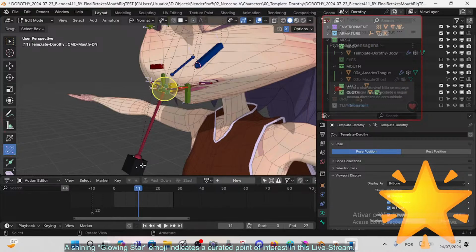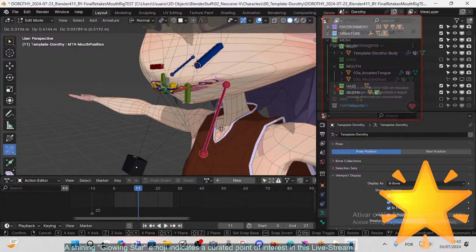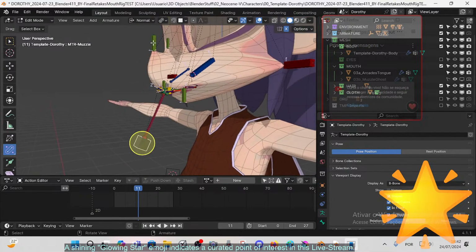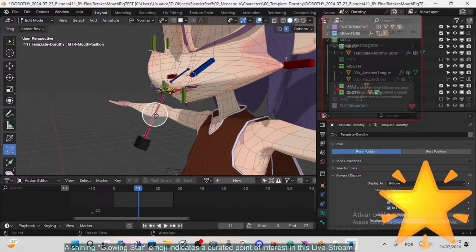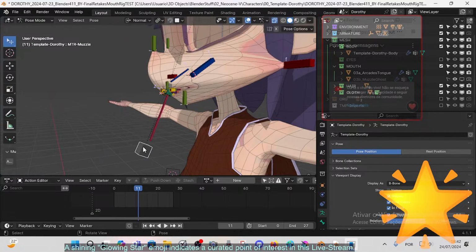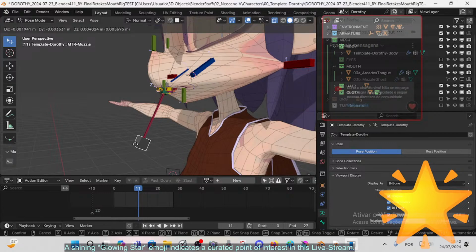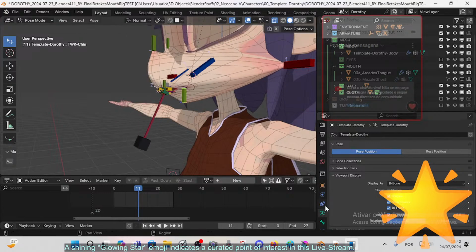they are parented to this. No, sorry, this is wrong. The muzzle, sorry, these ones and these ones are parented to this, that's it. Then this is parented to the head. So what that does, no, this is incorrect. Only this one is parented to that, right? But at least I can have